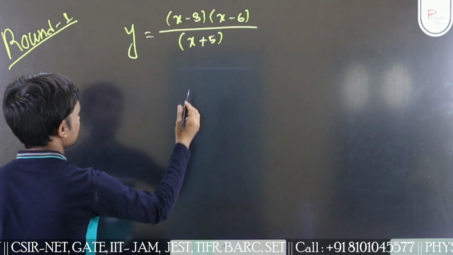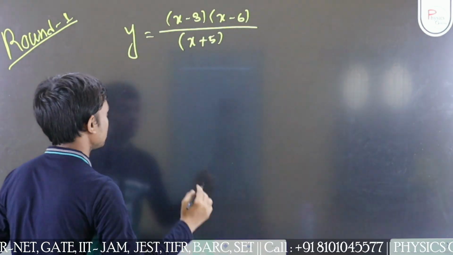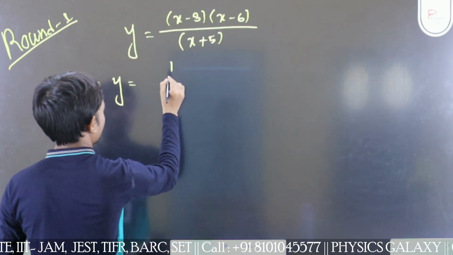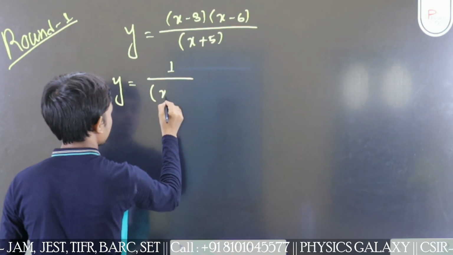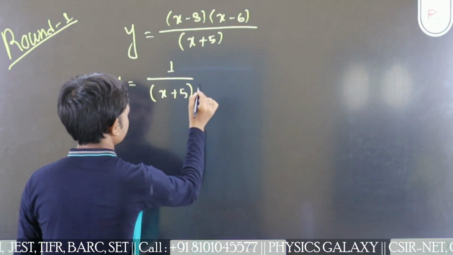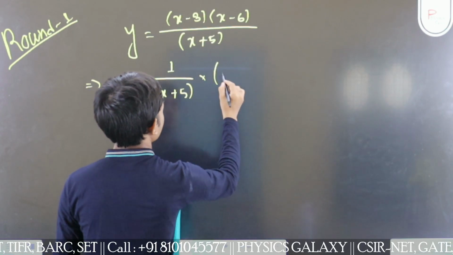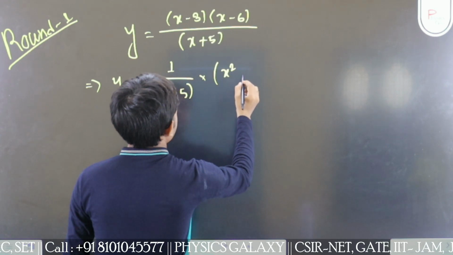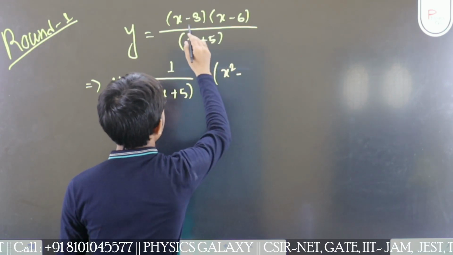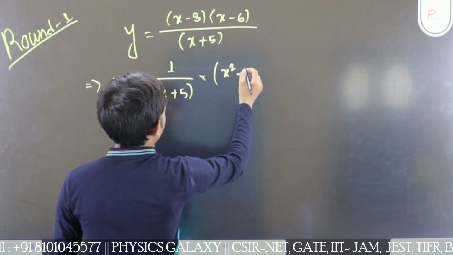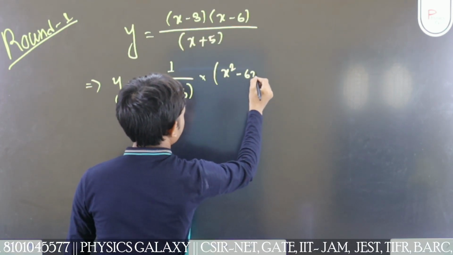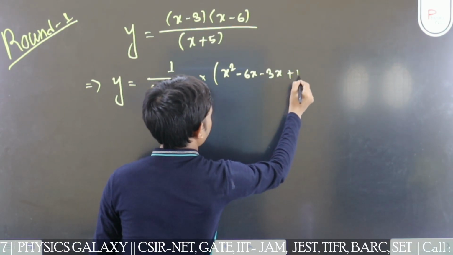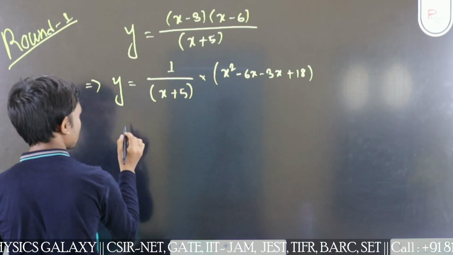First of all, I simplified it and wrote it as x square minus 6x minus 3x plus 80, and